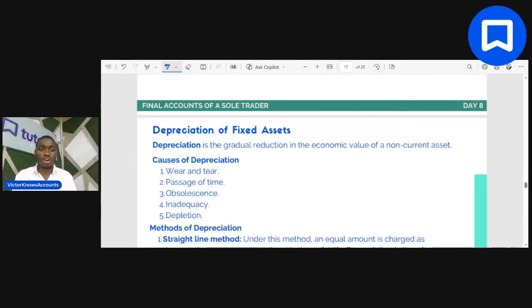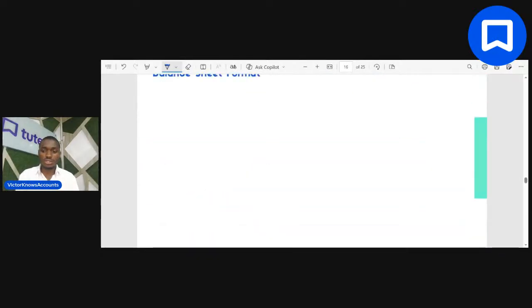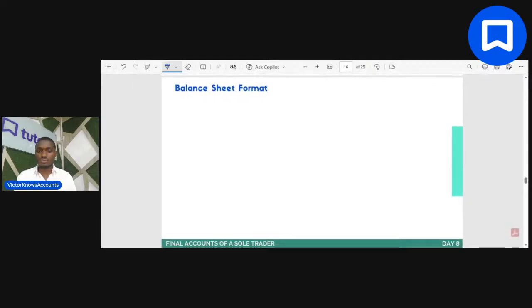So now let me draw up the format quickly in the little time we have left. Don't forget, it is not an account, but we are still following the T format. We have something like this. You say balance sheet as at